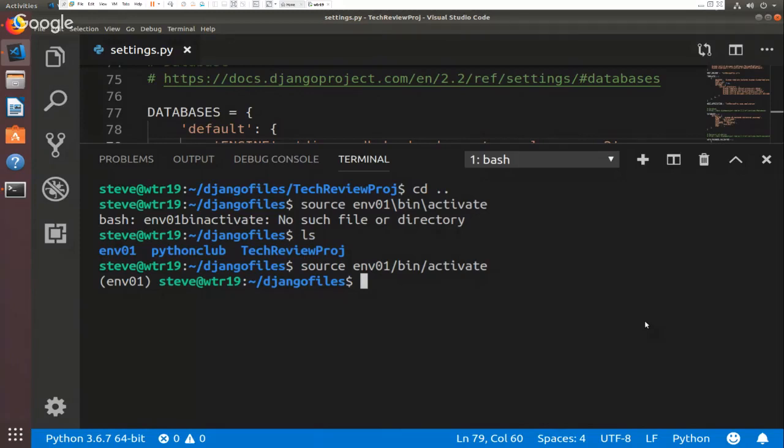Now I go back. I think that's all we have to do though. Yeah. Once you've got it activated,